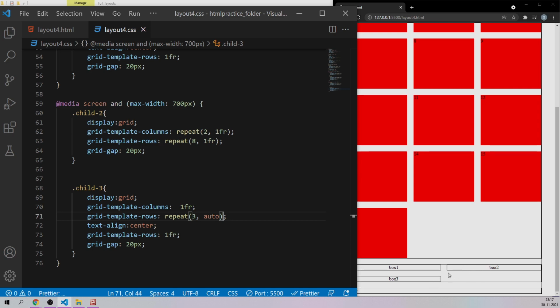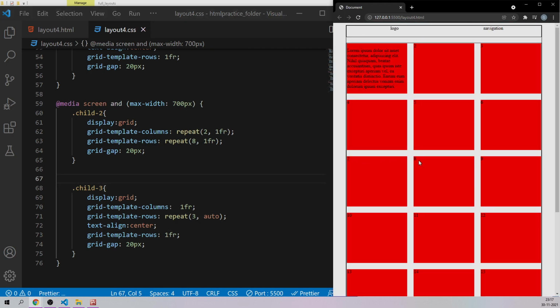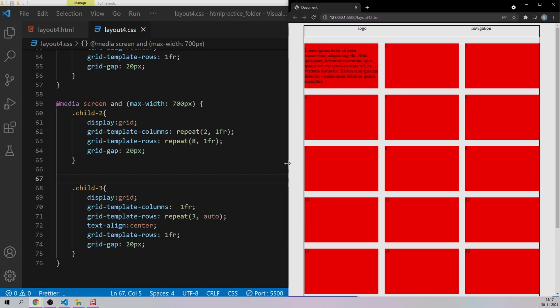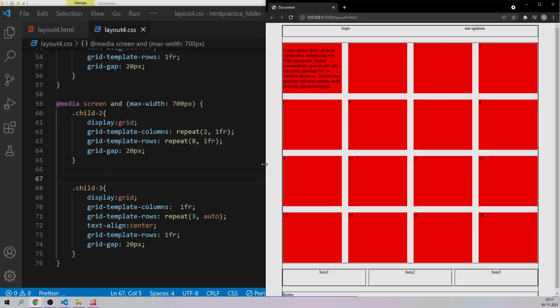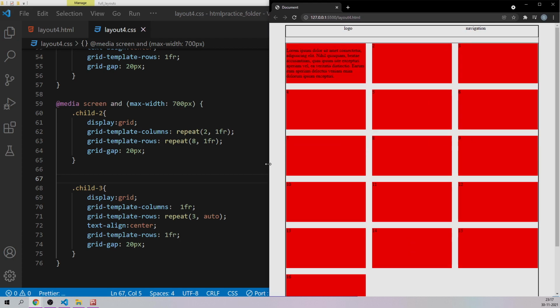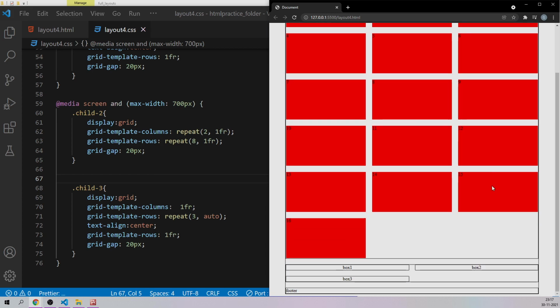So right now let me just save this one. And now, hey guys, let me just increase the size. See, till here it is up to 1000 pixels, that's why we are getting 4 columns. Now it has become less than 1000 pixels, so we are getting 3 columns over here in this parent, and here we have got 2 columns in this box third row.